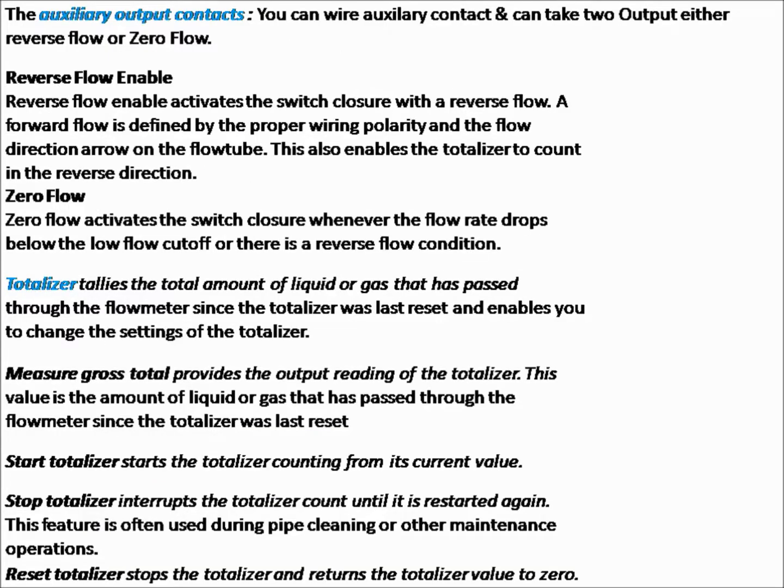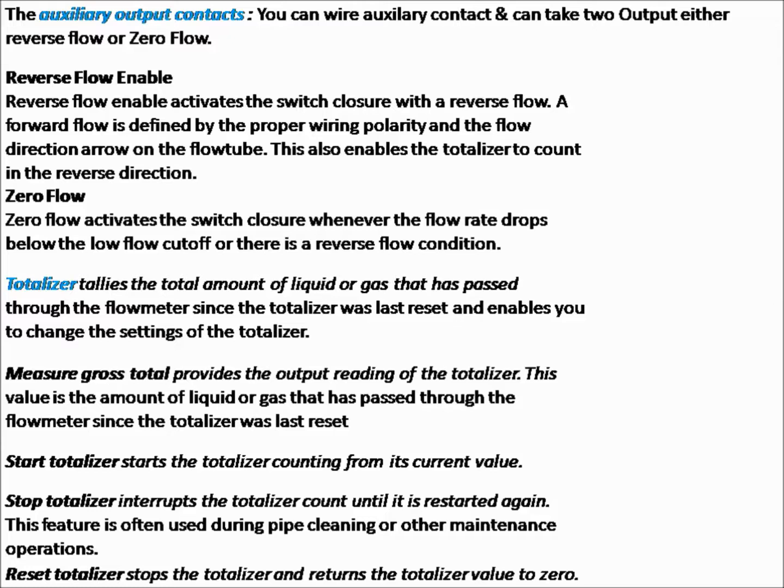So now you have to set the auxiliary output contact. In this contact, you can choose between reverse flow or zero flow. It means if the flow direction changes,